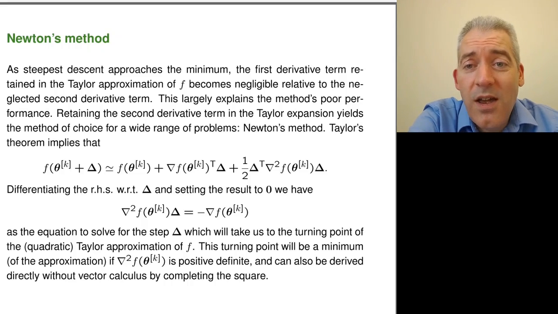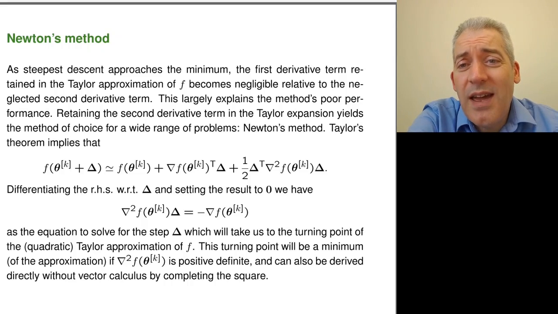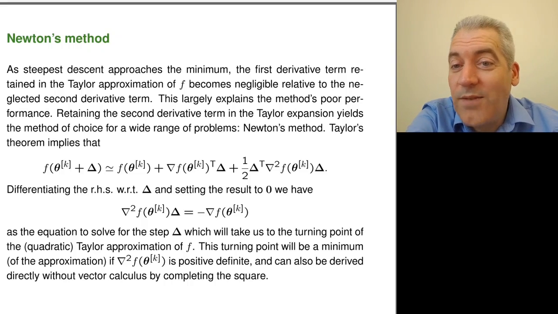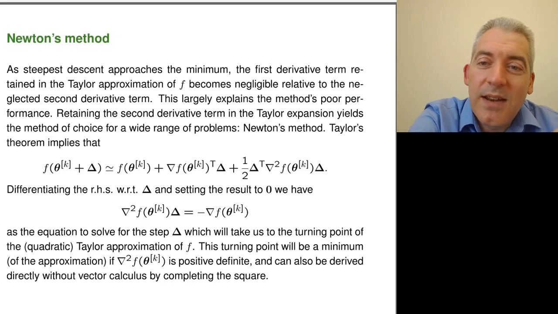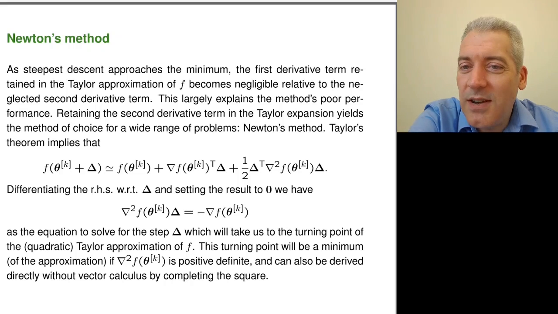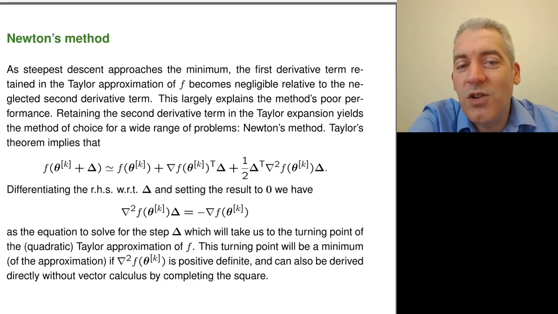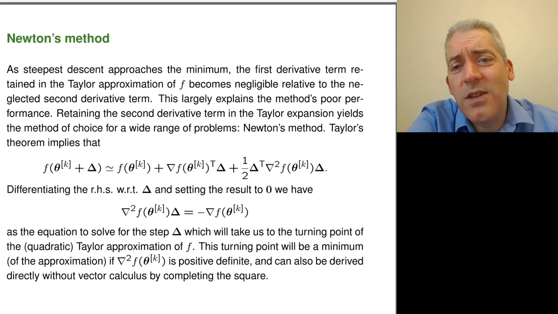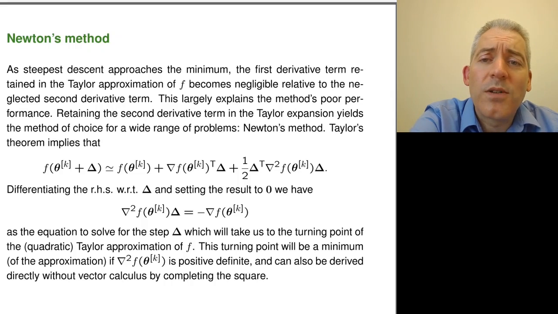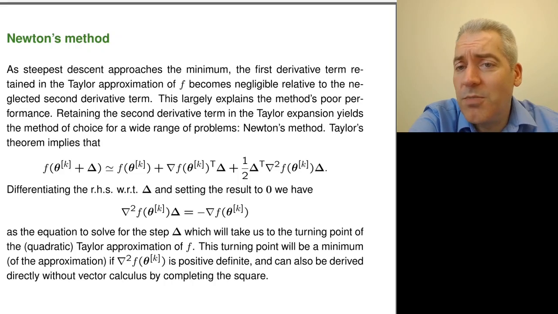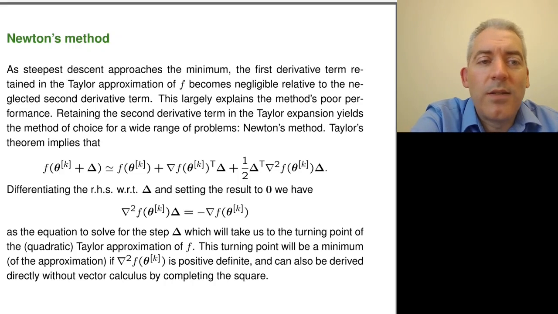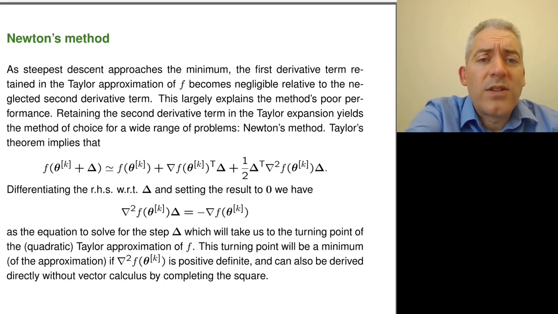And in particular, a quadratic approximation also will have a minimum, and so as well as getting information about what direction to head in, you've also got information about how far to head in that direction, because if you build your quadratic approximation, you can jump straight to the minimum of that quadratic approximation, and that is going to get you to your answer much faster than just hopefully heading downhill. All right, so